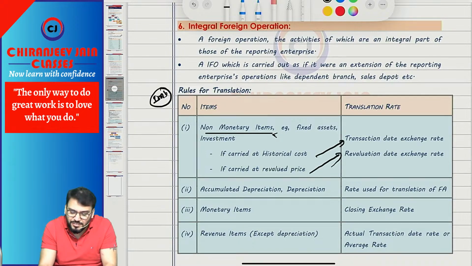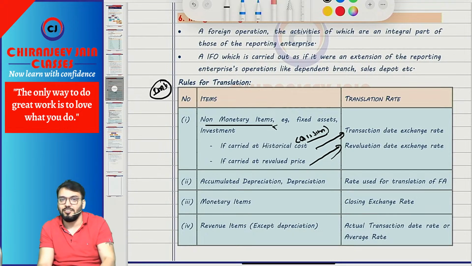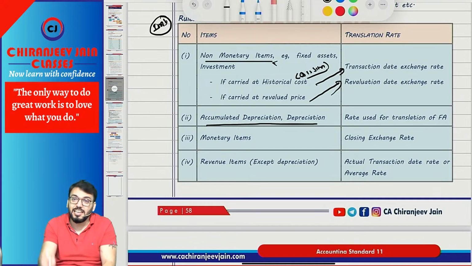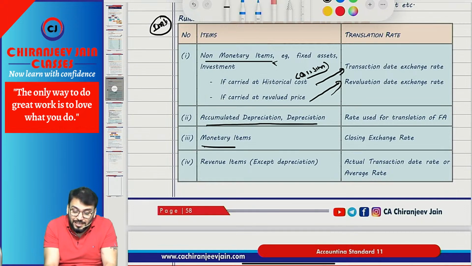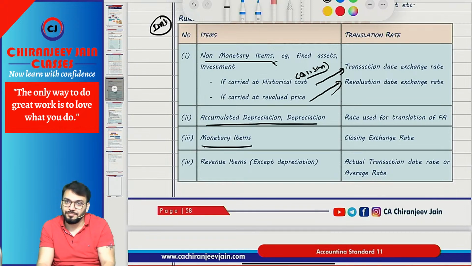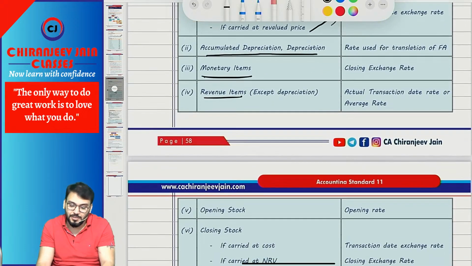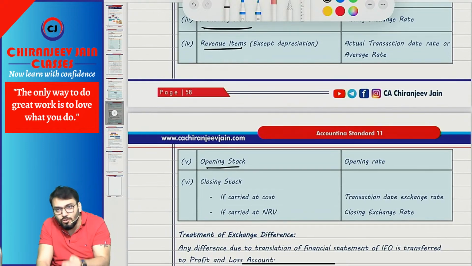But if the question is silent, what will we assume? Transaction date exchange rate. Now, for accumulated depreciation, the rate used is the same as for the translation of the fixed asset. For monetary items, we always use the closing exchange rate. For revenue items, we use the transaction date exchange rate or average rate, but in exam they will give only the average rate. For opening stock, we use the opening rate, and for closing stock, normally if they are carried at cost, it will be